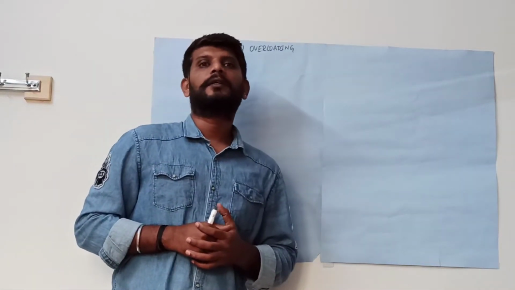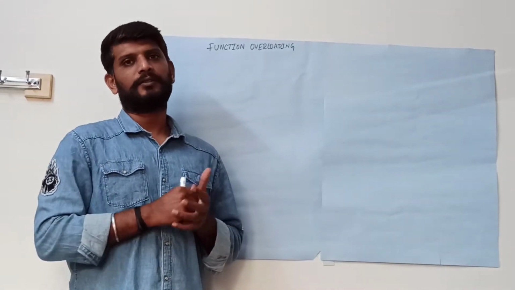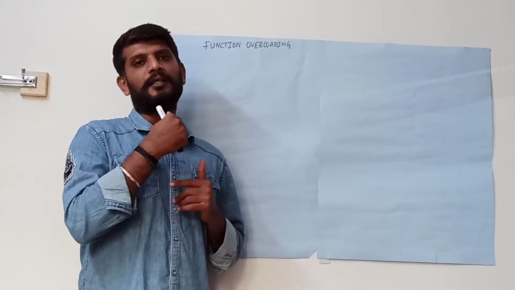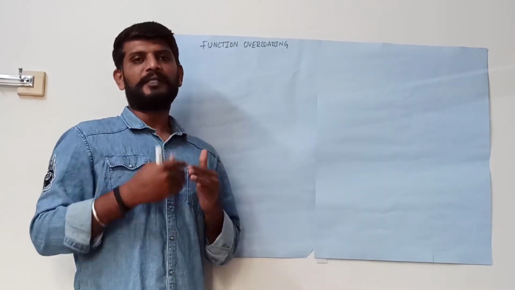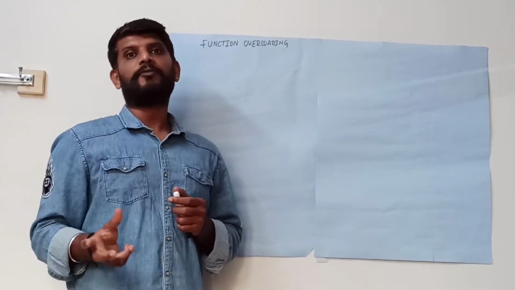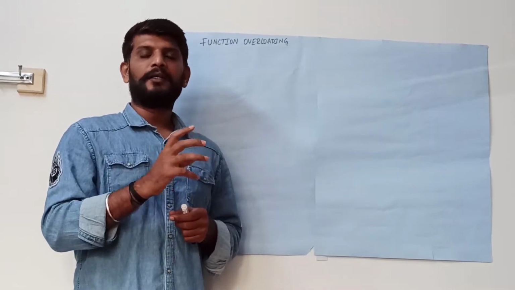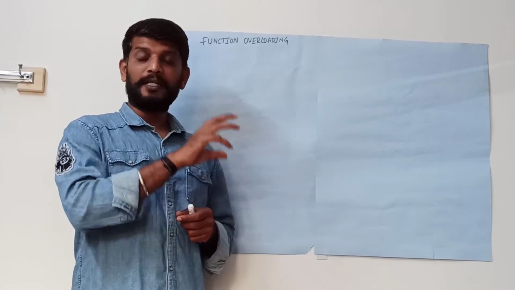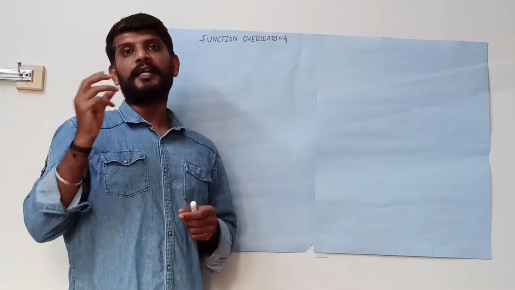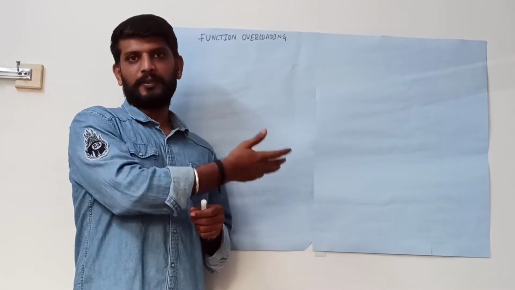Good evening everyone. In our last two videos we have discussed the concept of function overloading. So today also we will be discussing function overloading, and we will be writing different programs. In our previous program, the functions had the same name but a different number of arguments. Now in this video we will be writing a program where the functions have the same name but different kinds of arguments, that is, different arguments with different data types. That program will be written in this class, and I will explain the concept.